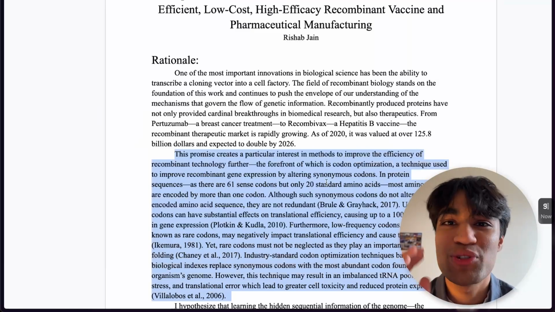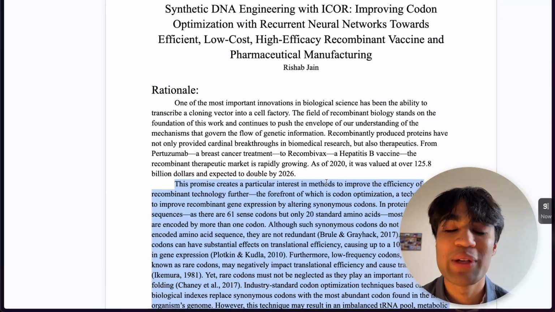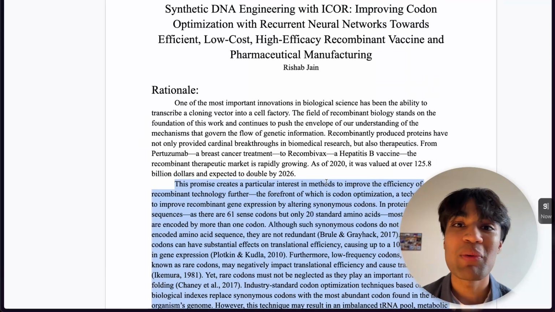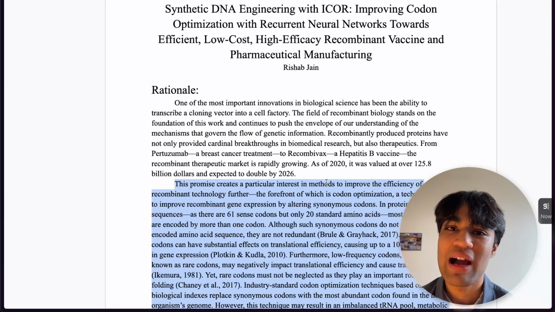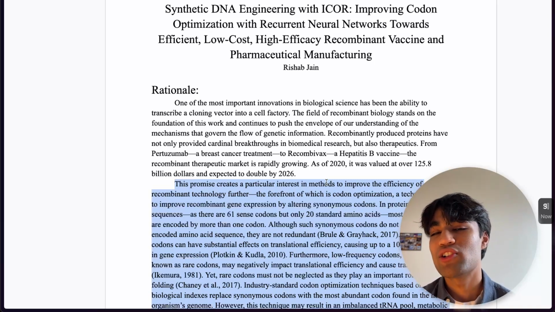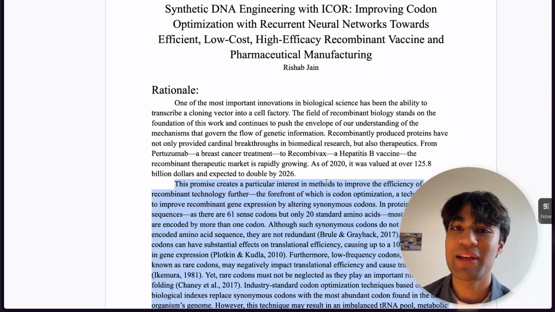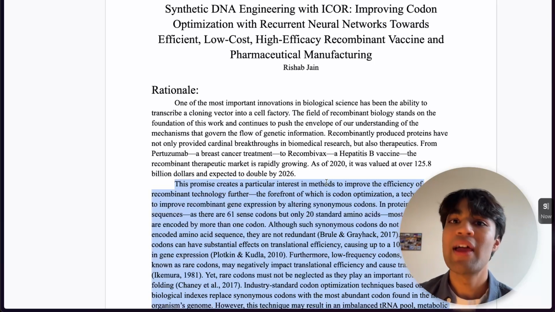Thanks, Sahil. That was really helpful. Over here, I'm now screen sharing one of my past winning research project proposals. This is from 2022 at the International Science and Engineering Fair, where I won first prize. I then turned this research project into a published research paper in BMC Bioinformatics in high school as a first